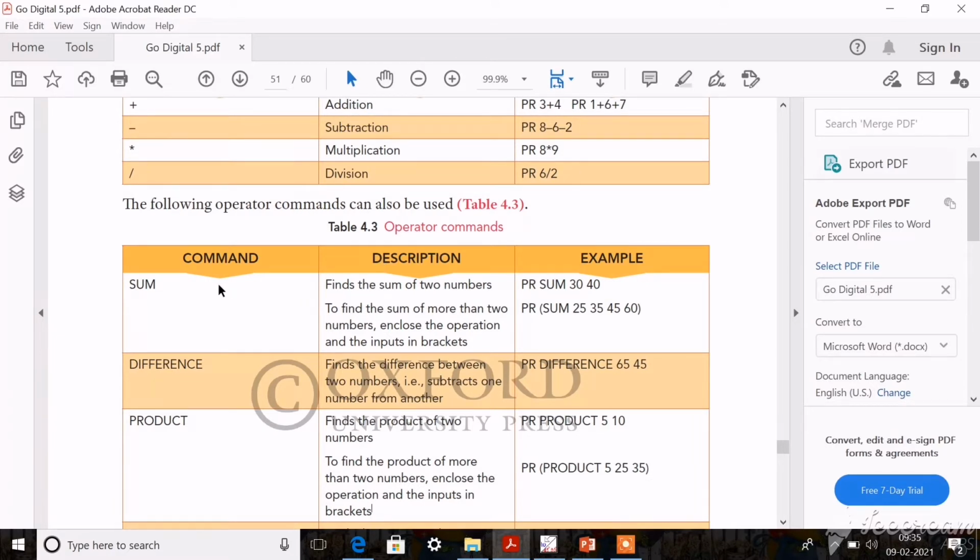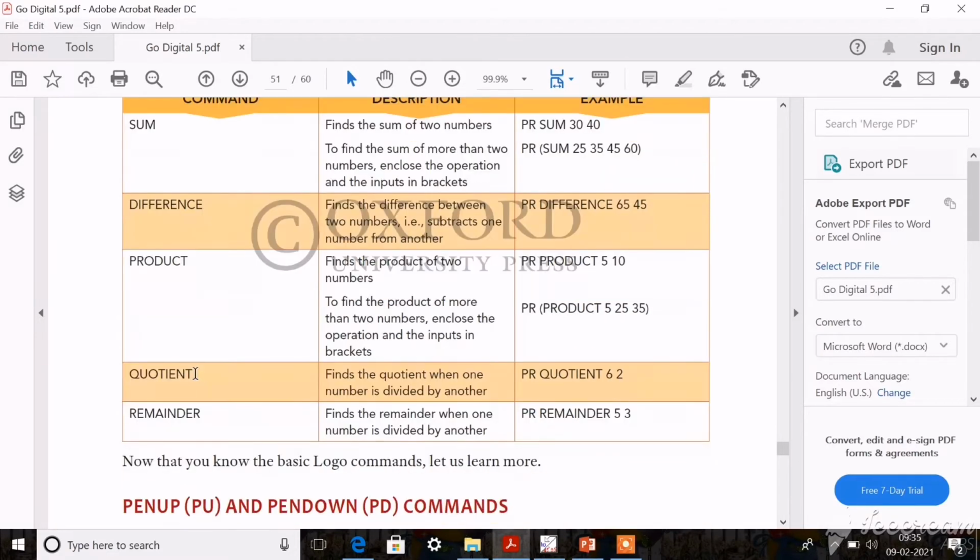Yeah, you will be using these commands in this way also. You will give, instead of plus sign, you will give sum. Okay, you will give difference, then also product, and you have one more here. In slash command, it means that you are going to divide 2 numbers. If you are using that slash command, it means you are going to divide, isn't it? When you divide a number, you will get a remainder and a quotient, isn't it? In mathematics, you study that whenever you divide a number, you will get a remainder and a quotient.